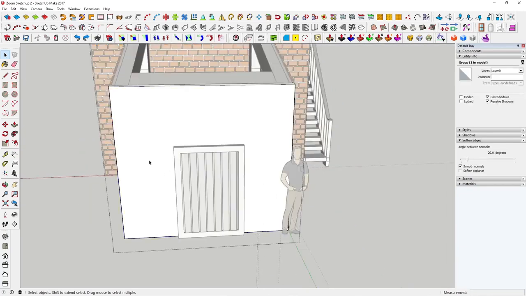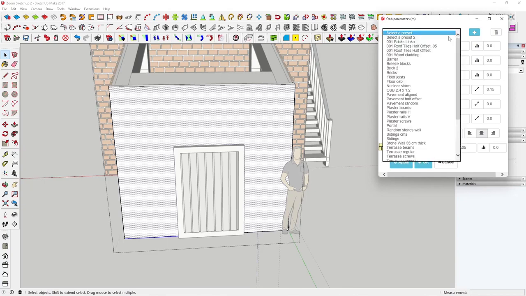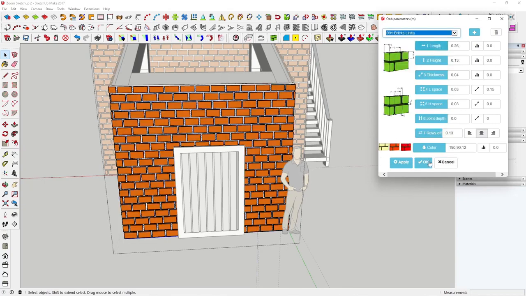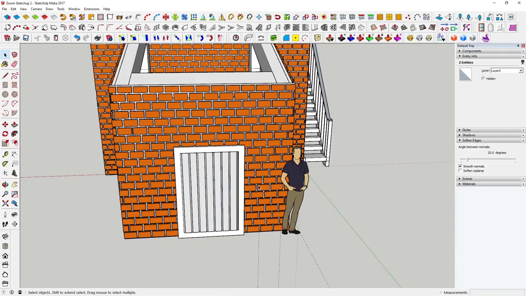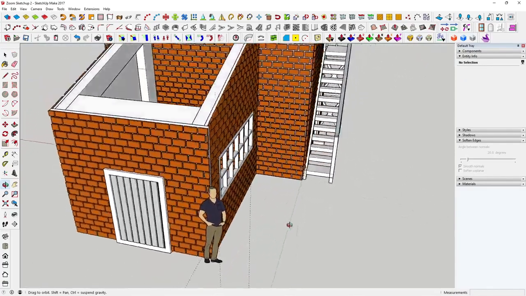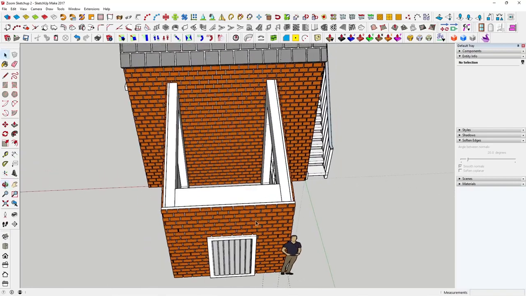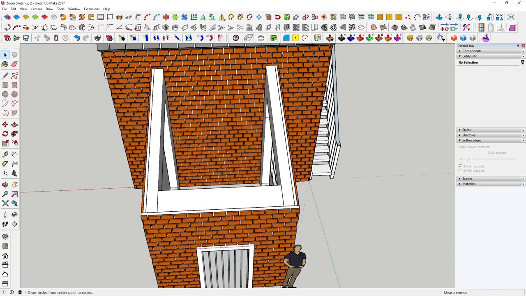On the front, highlight the front and the bottom edge. Put our bricks on there. Okay. So we've got our outbuilding, front door, side window. We'll put a roof on. Sometimes you can draw it with a rectangle tool, sometimes you can't. It won't lay flat. So use a pencil tool, come from this edge,